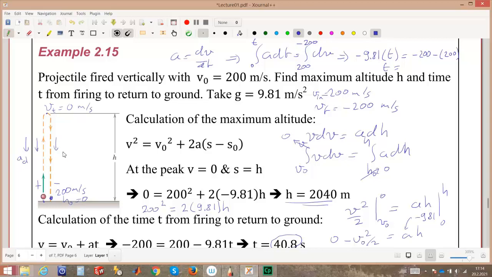And while going down, there will be again resistance, but now the velocity is in the downward direction, so the resistance of the air drag will be in the opposite direction. So the total acceleration that this projectile will experience while going up and down will be different. So in the next part of this question, we are going to deal with the problem of air drag, and air drag will be a function of the